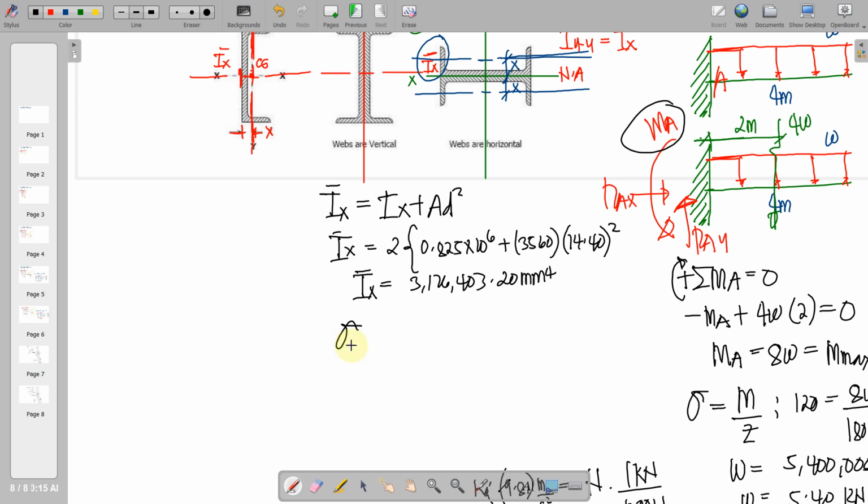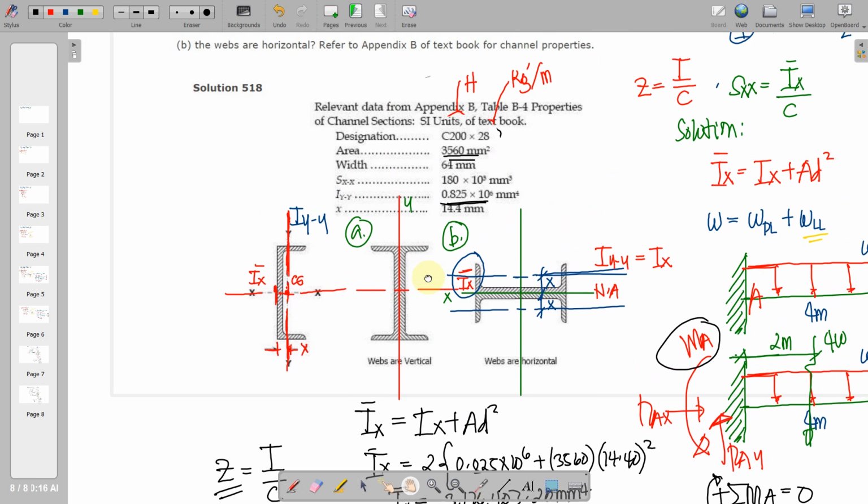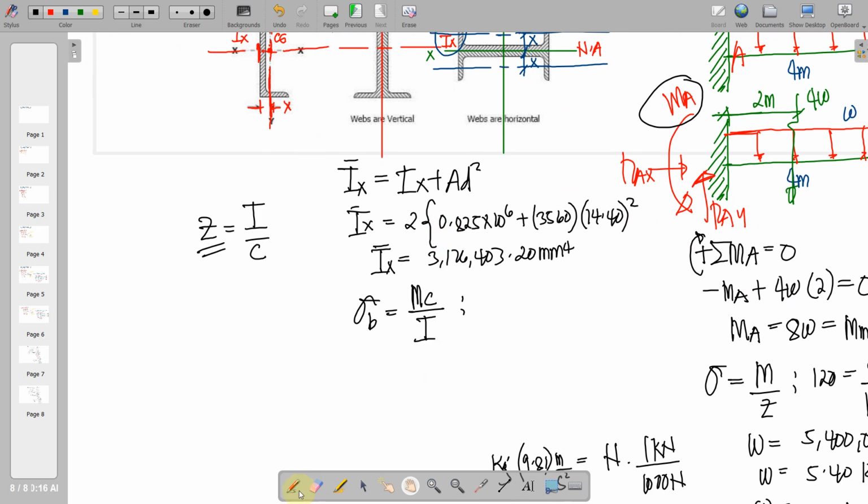So using this formula, sigma is equal to Mc all over I. If you want, use z, which is I over c, because z here is not readily available, we can compute for this one. Anyway, we can directly use this formula without having the section modulus. So the moment, or the allowable here is equivalent to 120 megapascals. So we have 120, and then the moment here is in terms of W